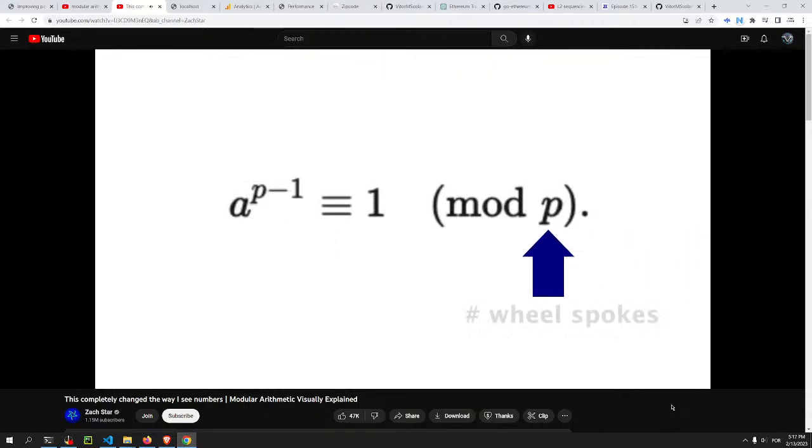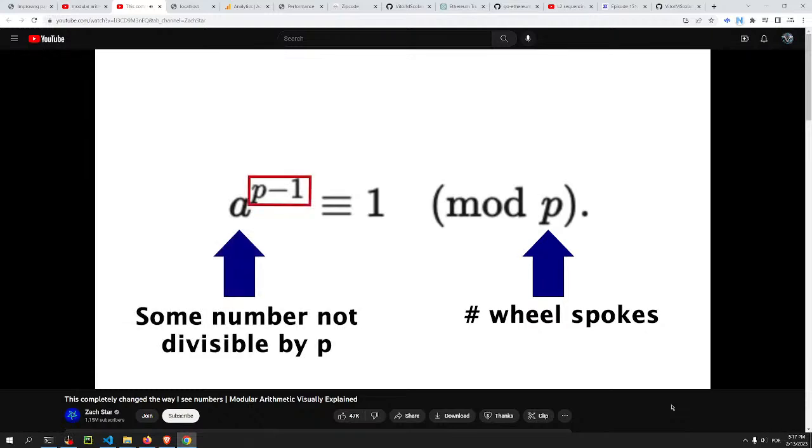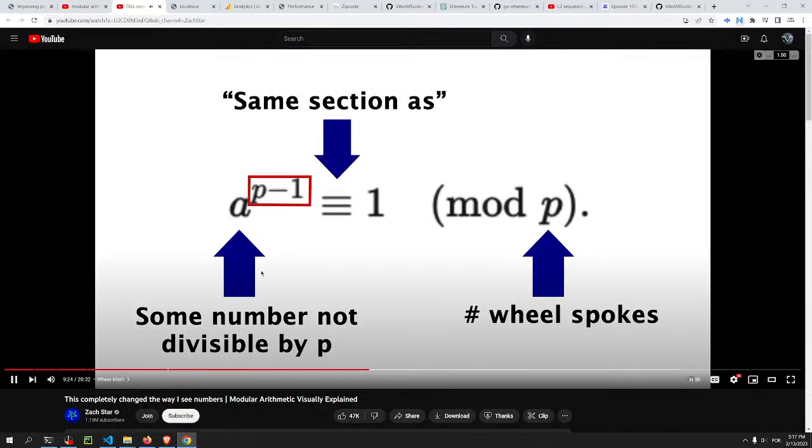To break this down, it says that on a wheel with a prime number of sections, any number we'll call a, raised to the power of our prime minus 1, will be in the same section as the number 1, so long as a is